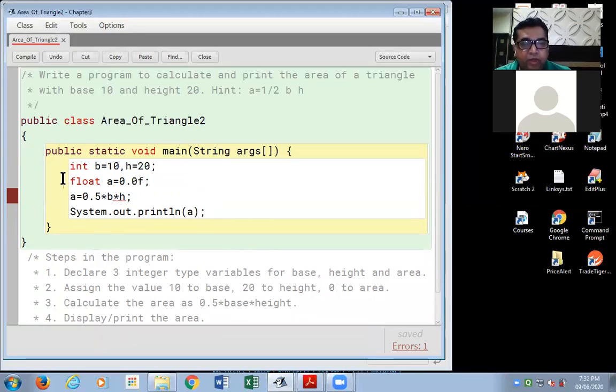Please see, I've defined the variable, I've changed the variable a to float type, and I've given the value 0.0f, initialized the value to it as 0.0f, but I'm still getting this error. Now, the reason is, this being a float value,